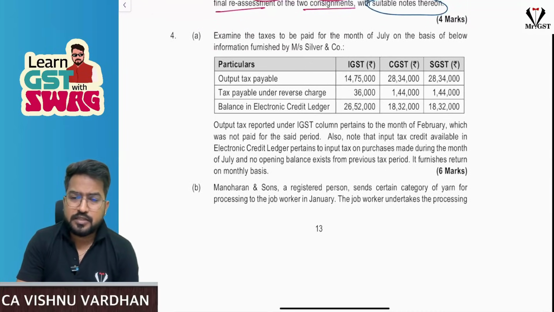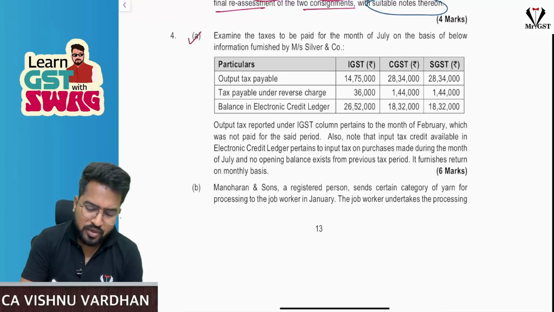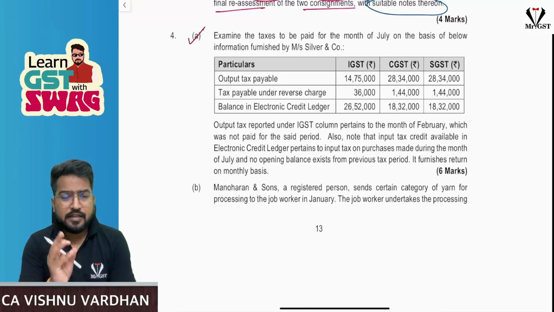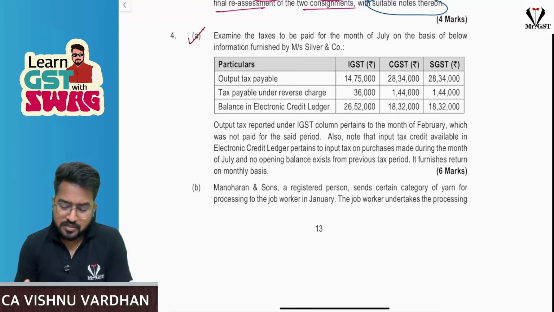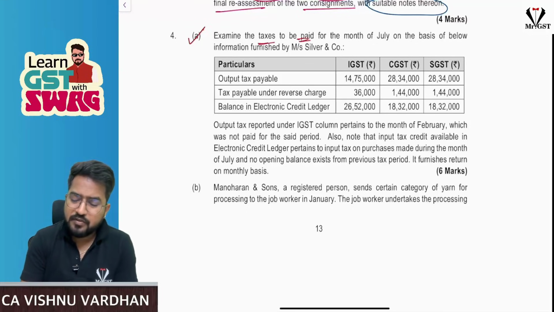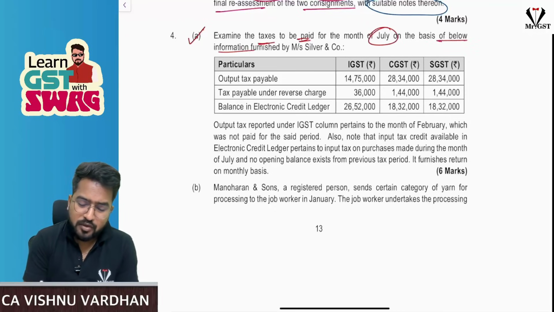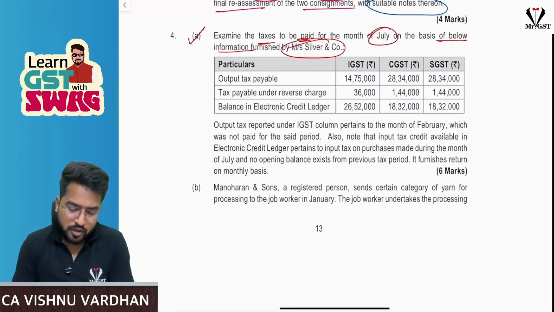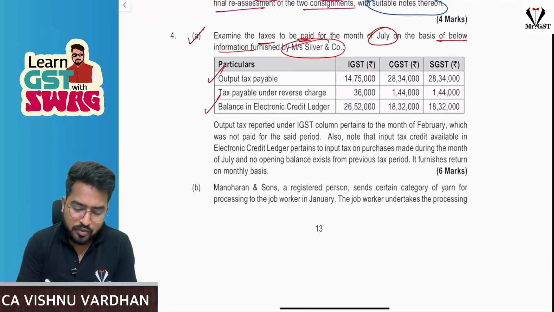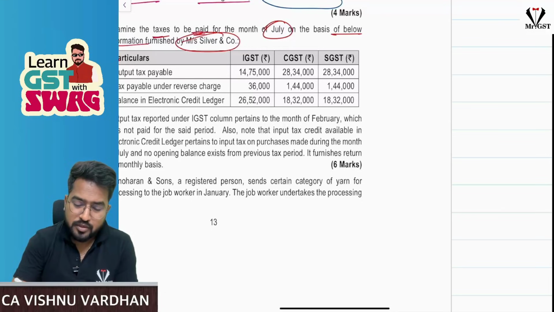Next, in this question, sir, it is purely regarding ITC set off with output tax payable. Simple. So this is purely regarding set off. They're asking the taxes to be paid for the month of July on the basis of below information given by Mr. Silver and Co. They gave output tax, they gave input tax, they have also given tax payable under reverse charge. You know, generally output tax, what we will do, sir,